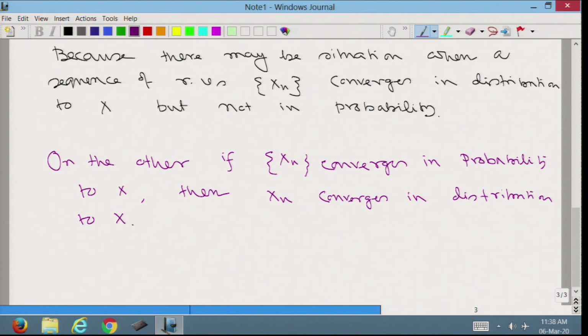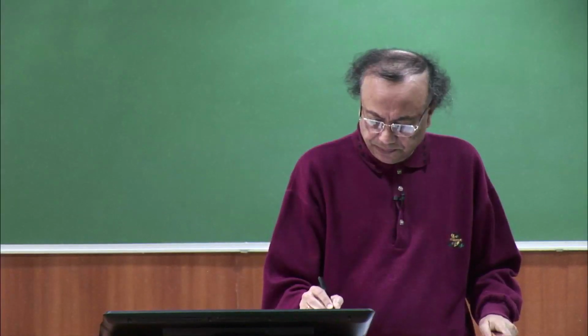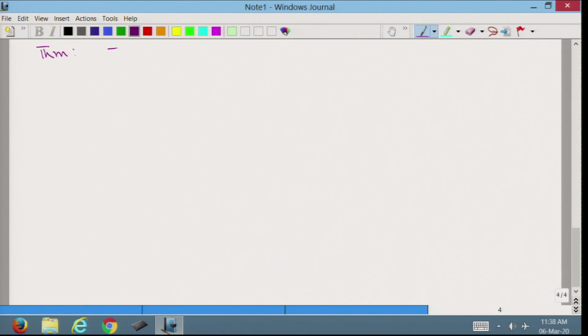So, let us prove the result. So, theorem: if x n converges in probability to x, then x n converges in distribution to x. Proof: